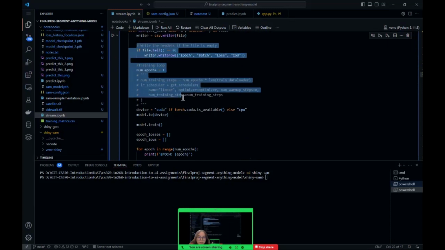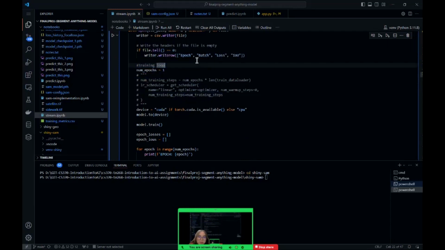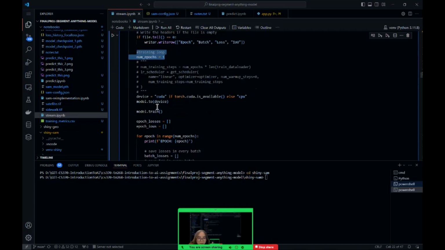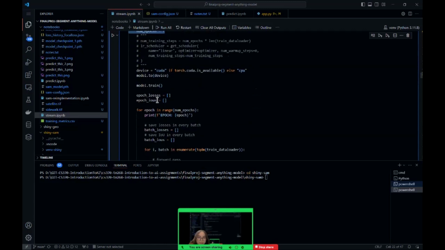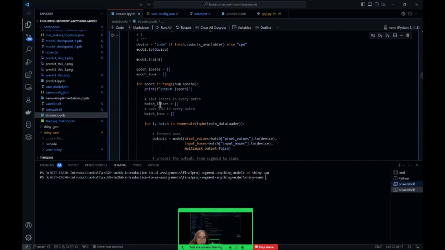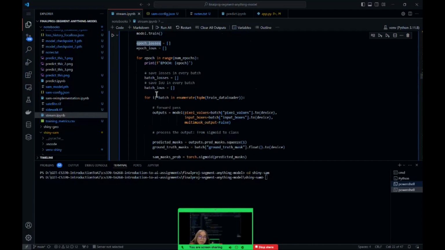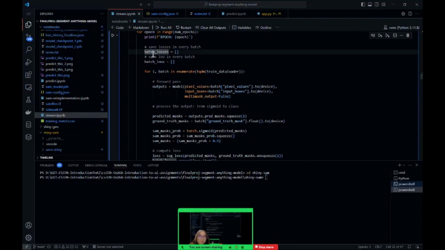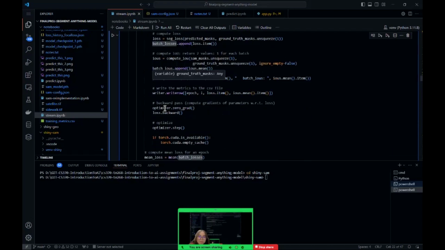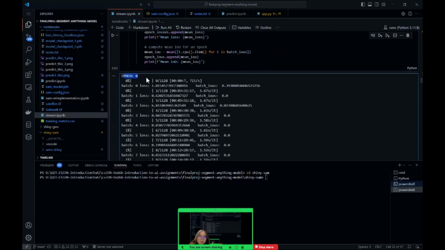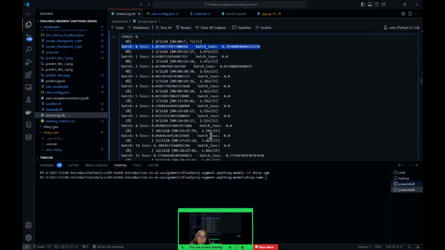So as the training loop runs, it will store the loss and IOUs. But since I'm only doing one epoch when I run this locally, I will only be storing the batch loss and the mean epoch loss, and the same with the IOU. Because there is only one epoch, I can only have one mean epoch loss and epoch IOU. So I will be using the batch losses and batch IOUs to plot my metrics. This is only one epoch, but at each batch I'll be printing the metrics out,